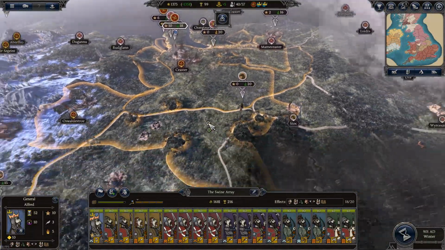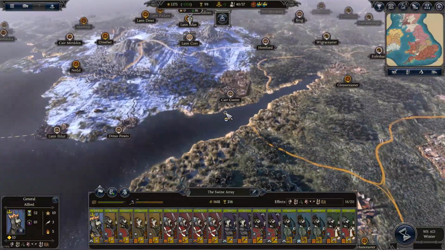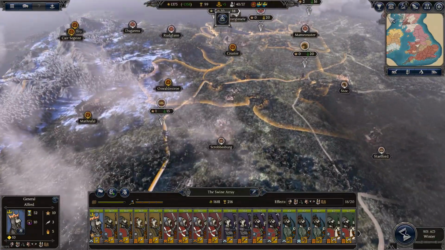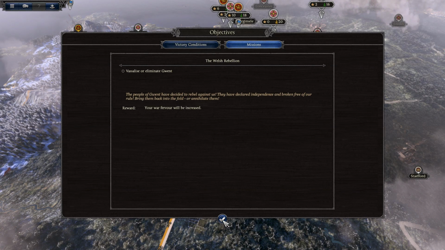So I'm just trying to think now which is the best option to take. I probably do want to get Gwent on side. I'd like to be a vassal, to be honest, but I don't think I'm going to get that one. It's either subjugate or vassalize them for the mission, as you can see here, but it will increase my war further. So